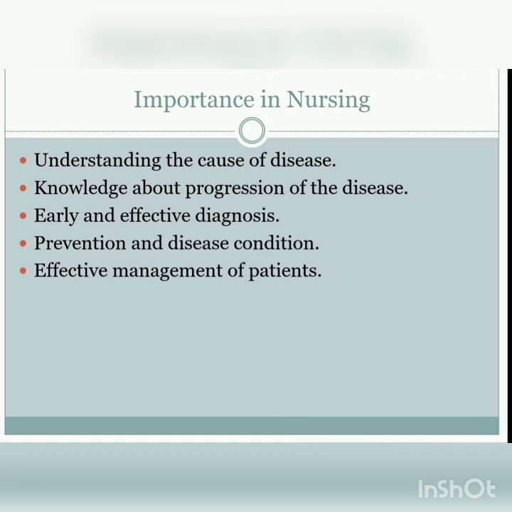Now we come to prevention of disease conditions. There are several routine screening tests which help healthcare providers to diagnose the disease at an initial stage and therefore take preventive measures, like for example the FNAC. The FNAC of breast lumps helps in the early detection of malignant lumps, so that early intervention can be done to prevent any unwanted morbidity. Now, last, it helps in the effective management and care of patients.